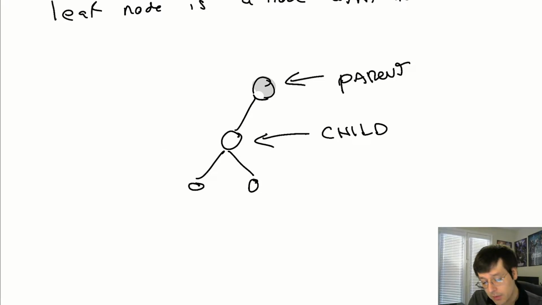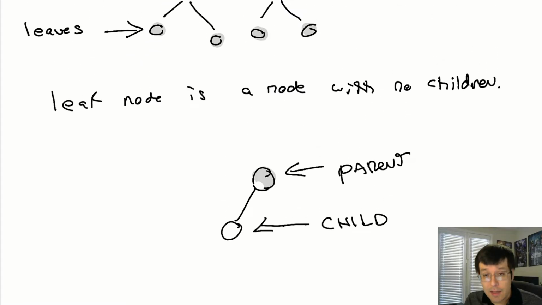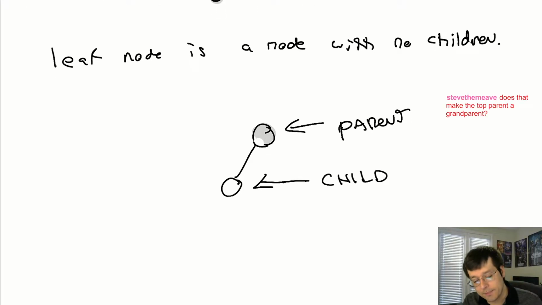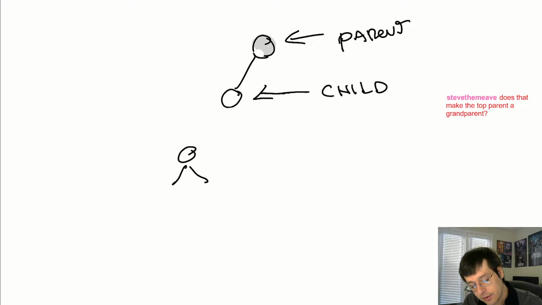But I'm still gonna unmark those just to not confuse you if you're looking at this in the future and reviewing. I just want to make sure you understand that that's a parent and there's a child, okay? So a leaf node is considered any node that is like a single. It has no kids. So it's always going to be at the bottom, right? So if you have a tree like this,